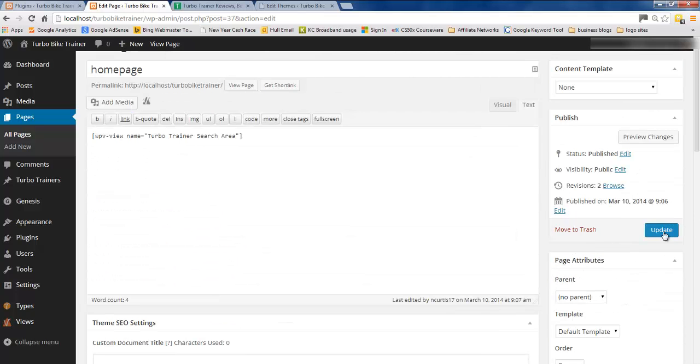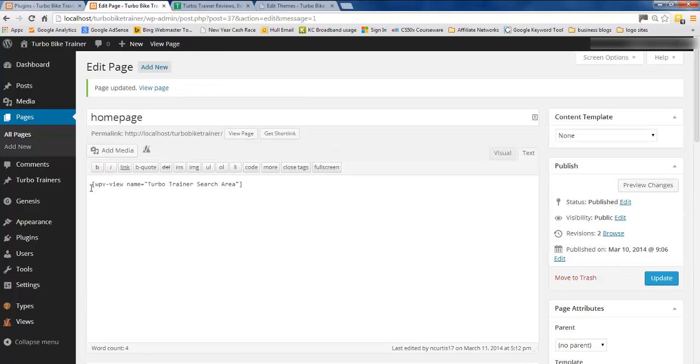So I'll just update those changes to settings we've done. And actually, while we're on this edit page, we might as well put in the title we do want to show. So I'm putting the title tags in there, and I'm putting H2 tags in. And I'll just type in the words search for a turbo trainer, and we're closing H2 tags. Now we'll update that,